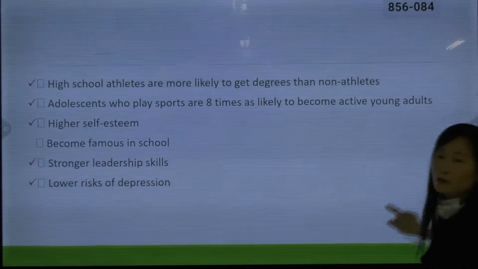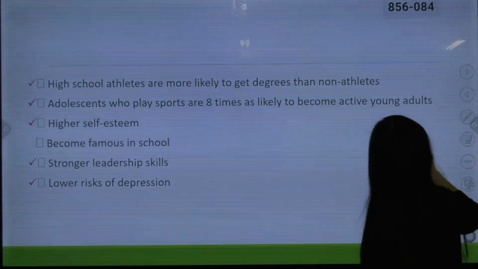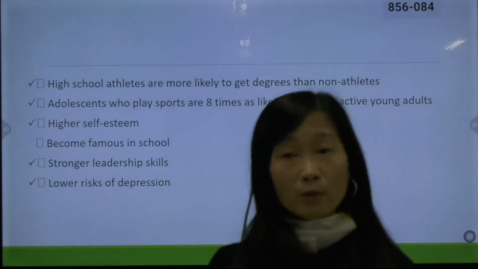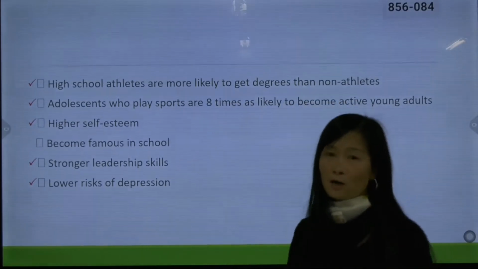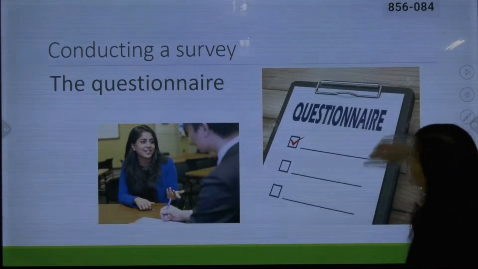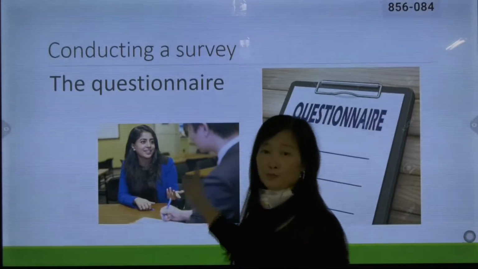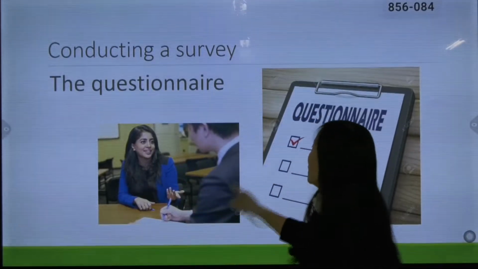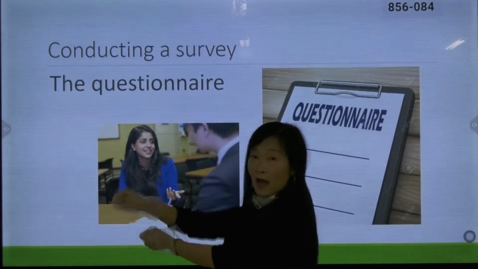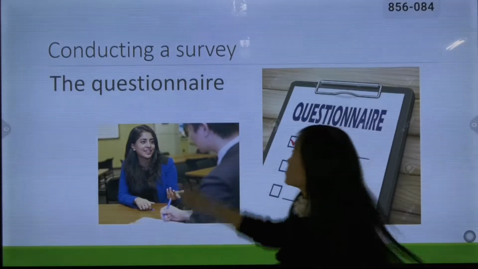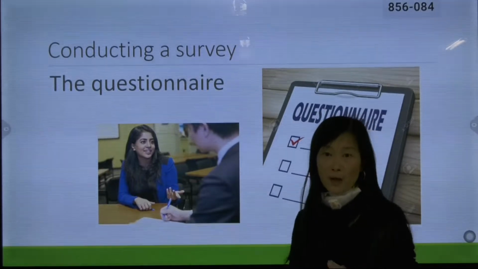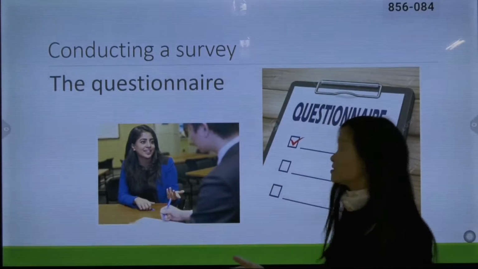So we're running out of time. All right. Very quickly we have gone through why sports are so important, and then we go into our next part, that is a survey report. What is a survey report? Look at this picture. These people are doing a survey. First of all, you start a questionnaire. Write down some questions and go out to ask people questions, to interview them, and that is called a survey. So we're going to have a survey about student sports habits.